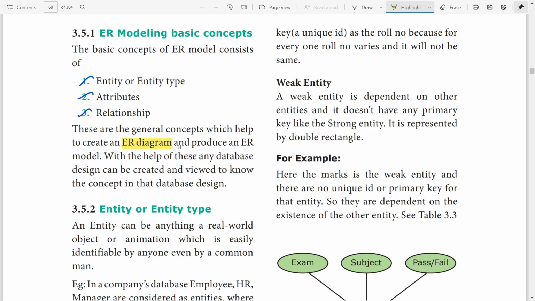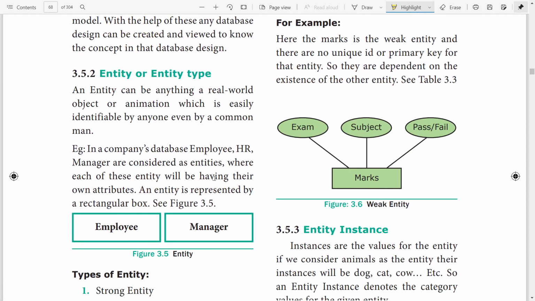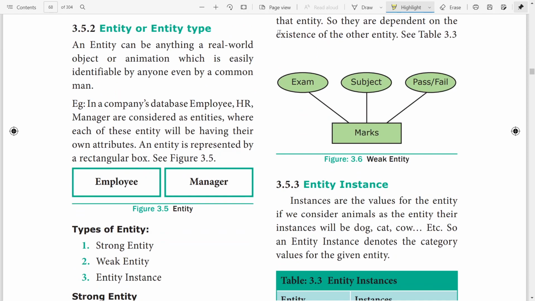Entity relationship diagram. ER in the sense entity relationship, and it produces an ER model. With the help of these, any database design can be created. Next one, we are going to learn about entity or entity type.